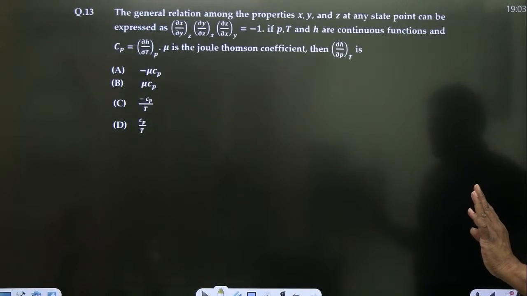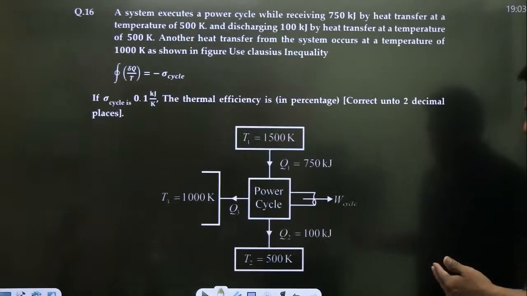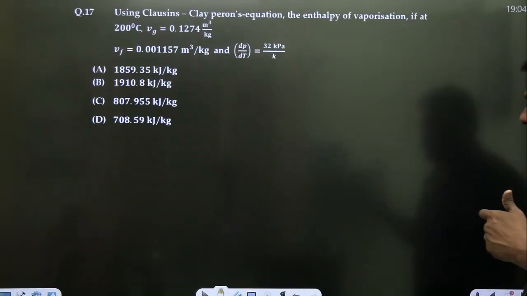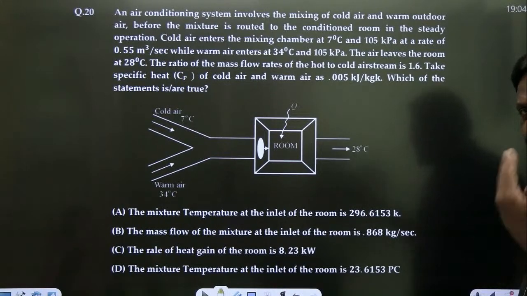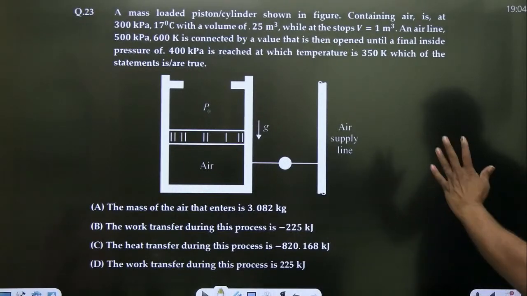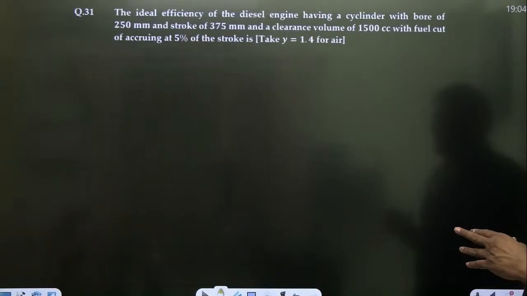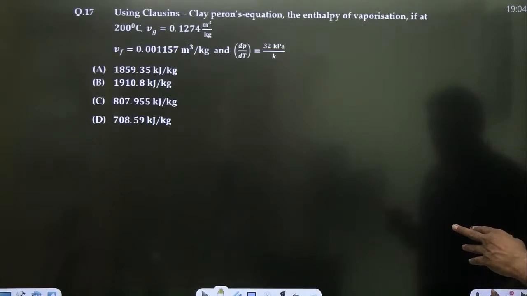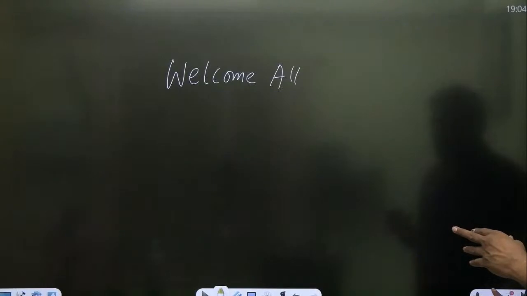We'll try thermodynamic relations, properties of pure substances, exergy. Then we have second law, entropy, and you also have applications in XE. Then steady flow, unsteady flow, then psychrometry. All these are there. So I have tried my level best to include various varieties of questions, and there are 31 questions. I don't know how many questions we are going to do. It all depends on your patience and my patience. So straight away, let us get into the question.